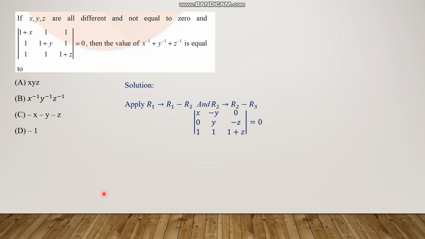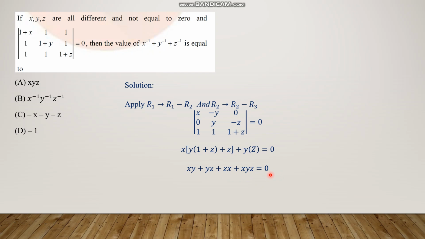Now let's expand it along the first row. It is x into y into 1 plus z, minus into minus, which is plus z; minus into minus will become plus y into 0; minus into minus plus z, and 0 into anything is 0, and that's equal to 0 according to the given question. And when you simplify this, you get the answer as xy plus yz plus zx plus xyz is equal